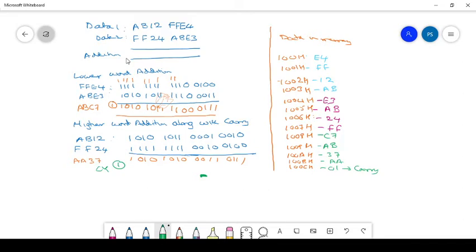So as per our instruction, first the lower word of data 1 is moved to the AX.